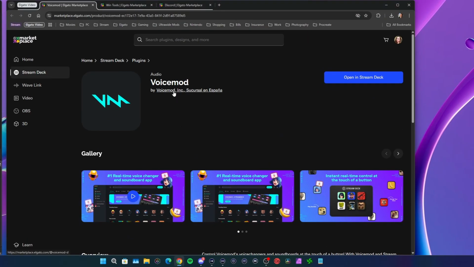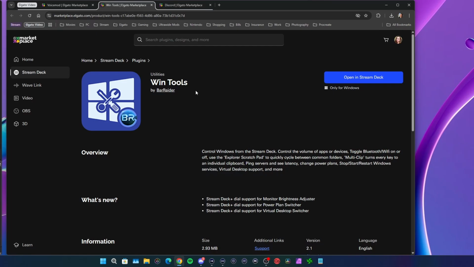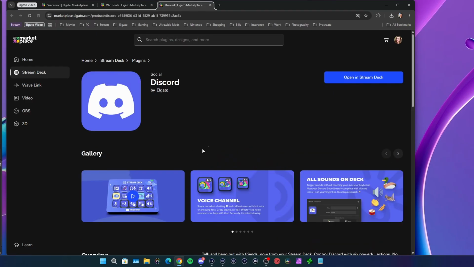So these plugins are going to be Voicemod, and once you create your account to sign into the marketplace for Elgato, you're going to open this in Stream Deck. You're also going to want to download BarRaider's Wind tools, and the reason why is because we're going to do the same thing that we're going to do in Discord for Windows as well. And then lastly, you're going to want to download the Discord plugin by Elgato and open this also in your